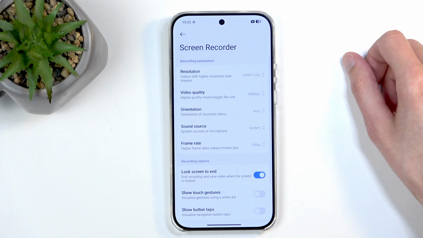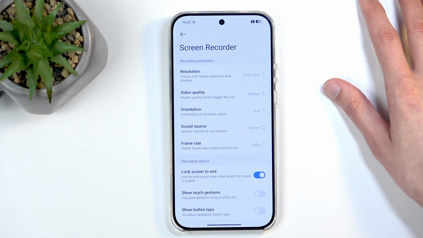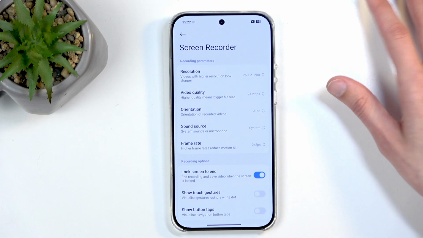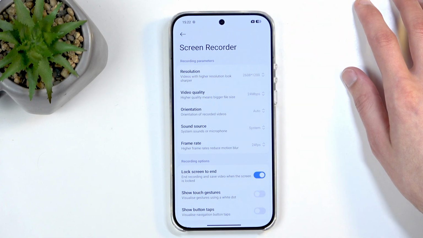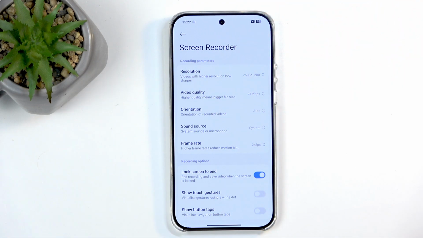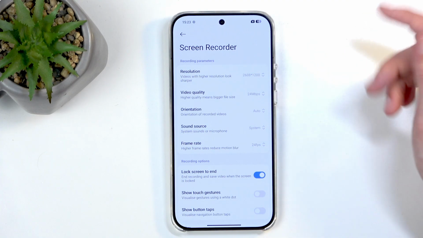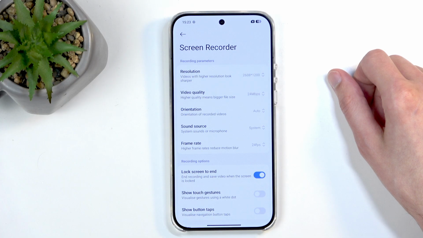Now 24 I think should be good enough. I have never actually checked out this kind of footage on a big TV to see how, when it's expanded to 60 or 70 inches, right, how well that would look. But on the phone, even at 16, I find that it looks perfect. I can't really find on the phone screen anything wrong with it. Anyway, moving further down, we have orientation,